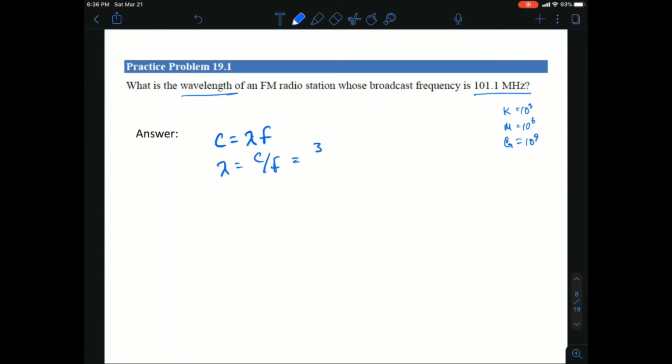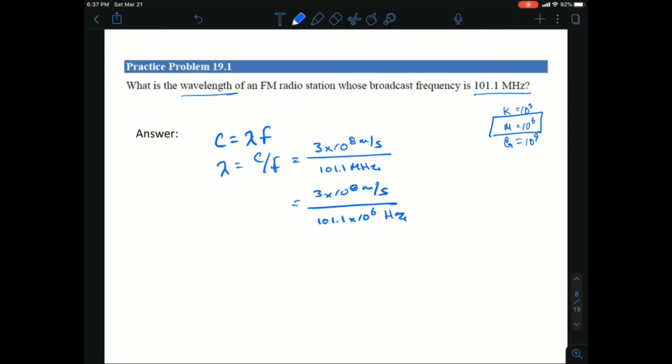That's going to be 3 times 10 to the 8th meters per second divided by 101.1 megahertz, which we're going to say equals 3 times 10 to the 8th meters per second over 101.1 times 10 to the 6th from our value right there,